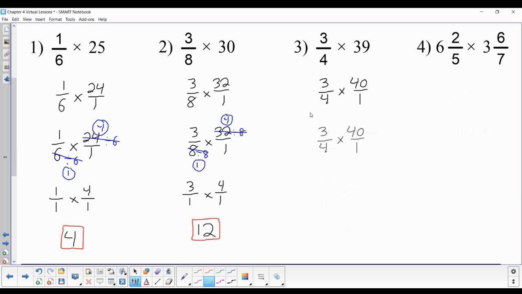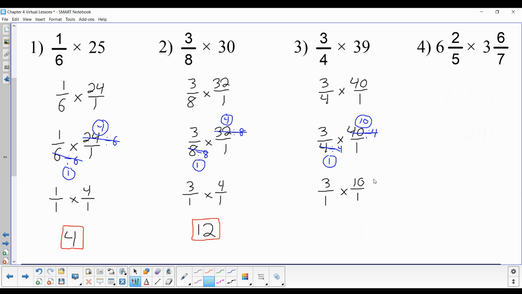Then you would rewrite the problem and actually do your cross canceling. What would we cross cancel by? Did you say 4? I hope so, because 4 divided by 4 is 1, and 40 divided by 4 is 10. Remember, it's a good idea to circle your new number so you do not lose it amongst all this work. I'm then going to rewrite my new fractions, 3/1 times 10/1. And because we chose the numbers the way we chose them to cancel out, we have each time gotten 3